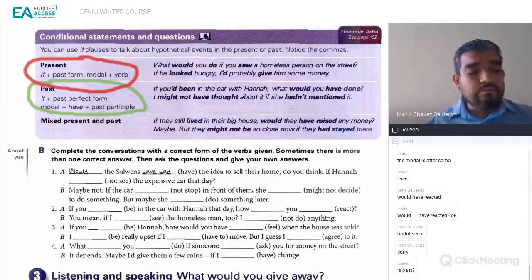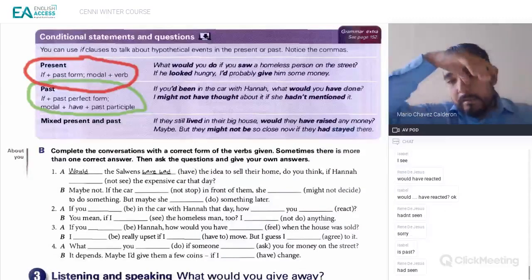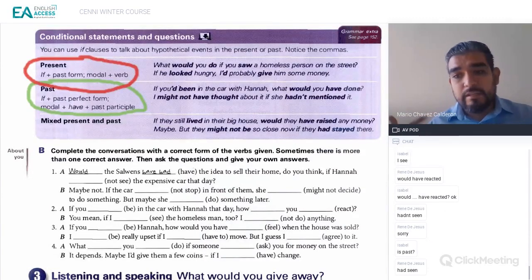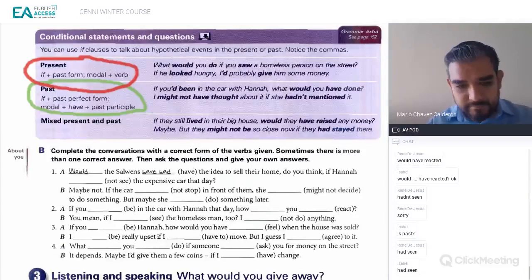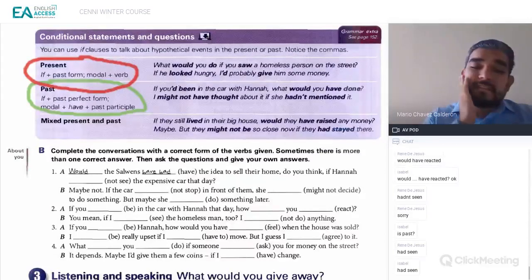What Rene wrote is correct. It's had seen, but in this case, it's not negative. It's only affirmative. Had seen. Yes, Rene. Thank you, Rene. Yes. If I had seen the homeless man too, I